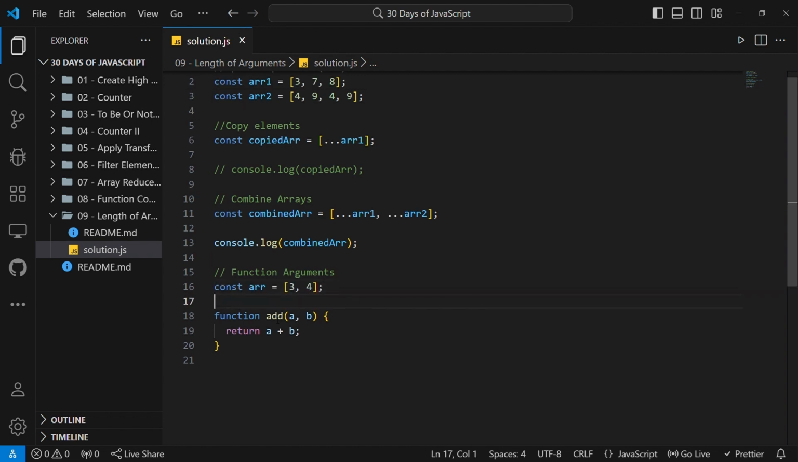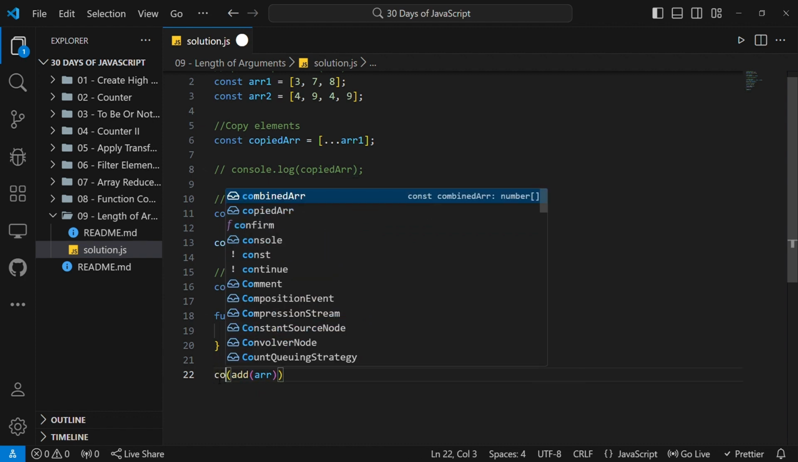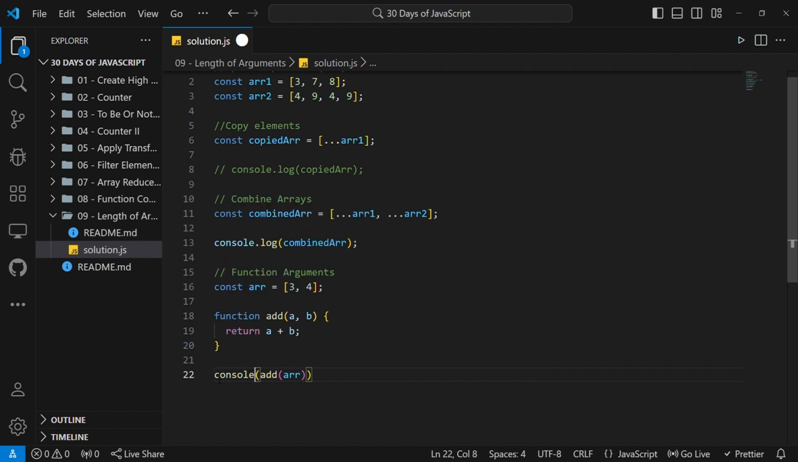So this function expects two numbers, but we have an array of two items, 3 and 4. So if I call this function add with this array, it will not give me the expected results. But let us see first what it will give us. So if I save this code and run it,